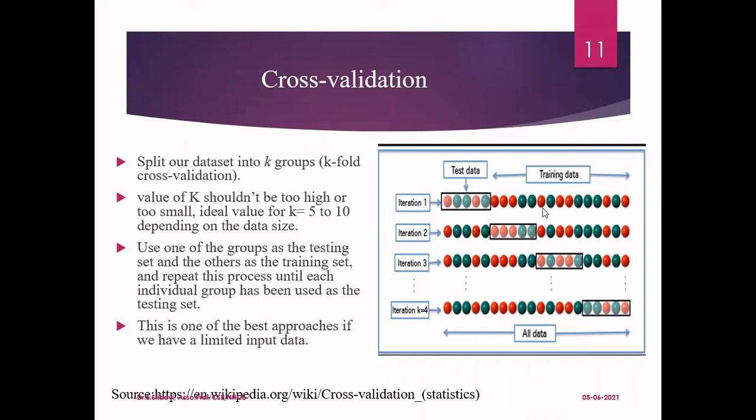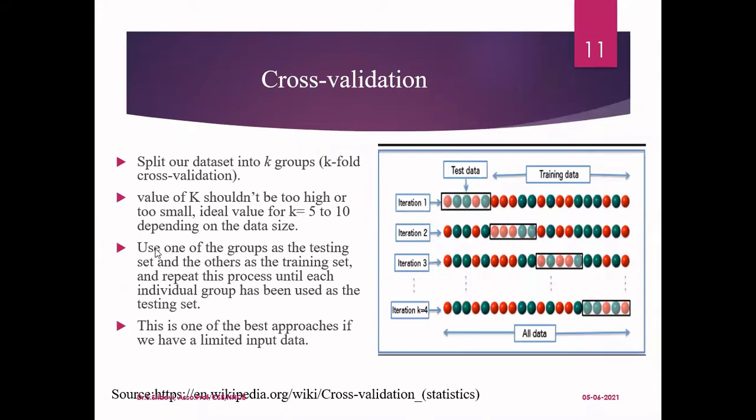So now from this, what is the main advantage? Previously, the model learned from these 15 data only. But now the model is trained with this 10 and then this 5. So totally 15, but a different data set. And the remaining 5, whatever you have used here, will now be used for testing. And in the third iteration, the first 10 you will use for training, the next 5 you will use for testing, and the last 5 also you will use for training. So totally 15 you are using for training and 5 you are using for testing. Likewise, you will do.